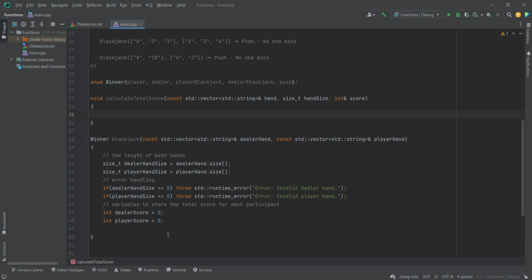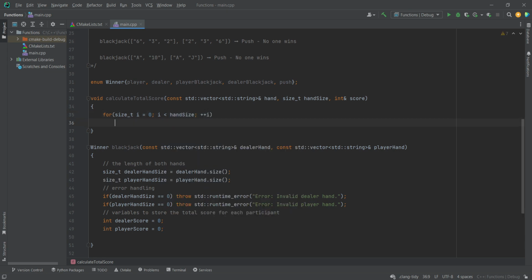So now we simply need to calculate the score. Okay. So for that, we simply go through the hand. First of all, we make sure that the card value is a valid one, and then once we make sure it's a valid one, then we simply convert the card value into an integer value, essentially, so that we can sum it and then use it. Okay. So we have a for loop. We're gonna have size_t i equals 0. So we're going through the hand now. i less than hand_size